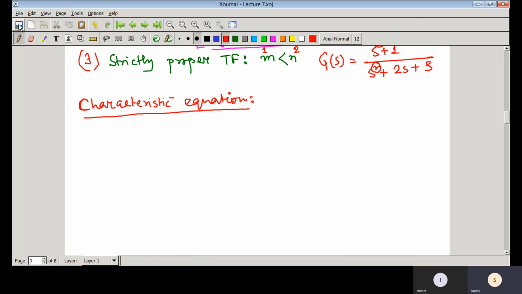Characteristic equation of a linear system is defined as the equation obtained by setting the denominator polynomial of the transfer function to 0. So that is the characteristic equation. In abbreviated form I am writing CH. Characteristic equation of a linear system